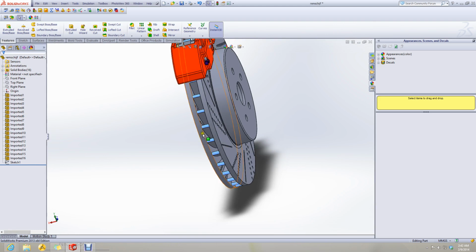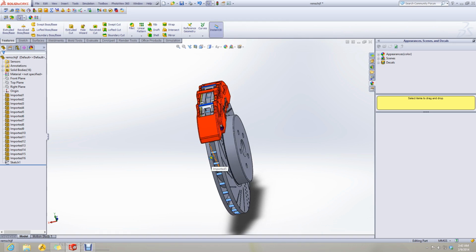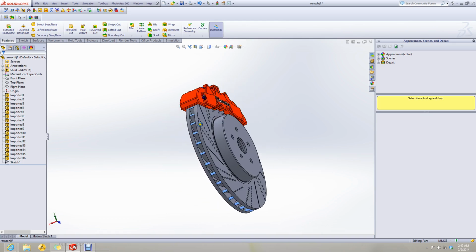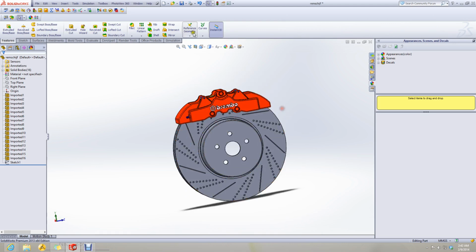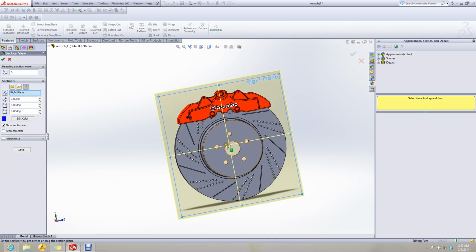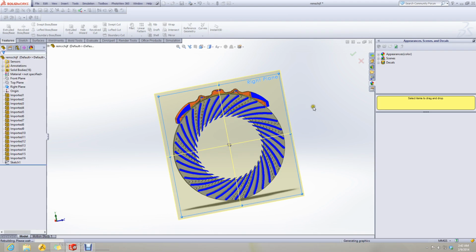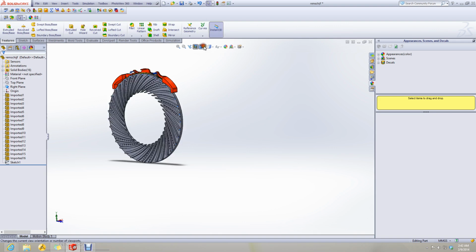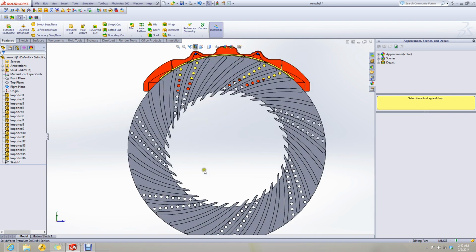I need to count their numbers starting from here. One. Let's section this view. Alright.